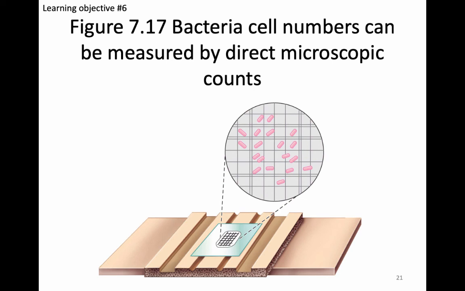The advantage of the microscope count is that it's very quick and very easy to do. A disadvantage is that it can be hard to distinguish live from dead cells. It is also very difficult to count cells that are motile and capable of moving around, because they'll move on the grid and will be hard to keep track of. So that